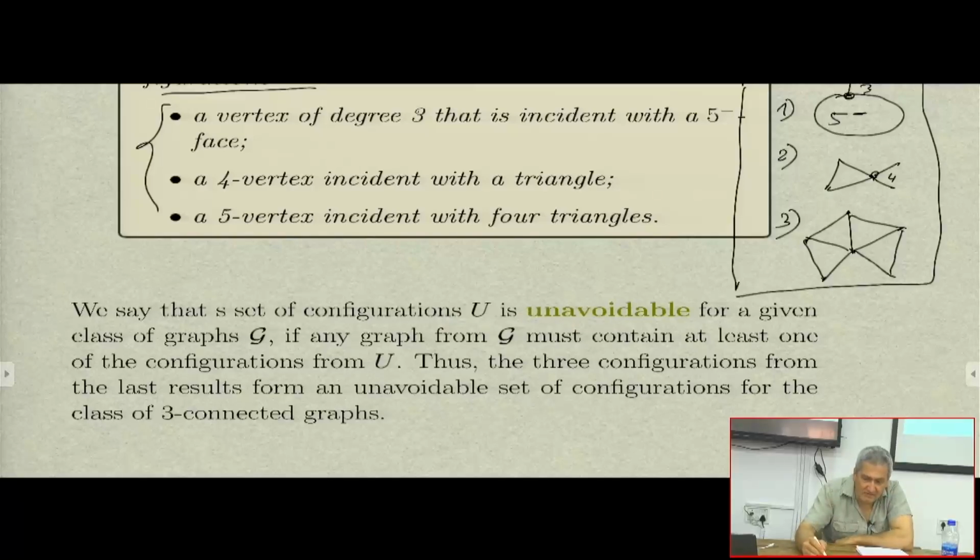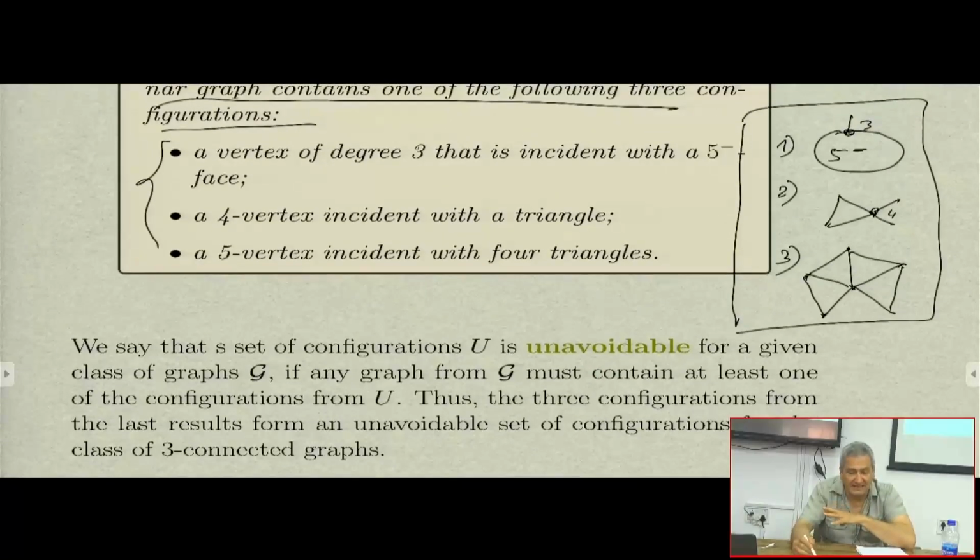Some set of subgraphs or configurations like this, for a given class of graphs, here 3-connected, must contain one of these configurations. Any graph from this class G must contain at least one of these 3 configurations. In that case, we say the set is unavoidable. So Paul Seymour, Robin Thomas, and others found how many? 677 configurations. This set is